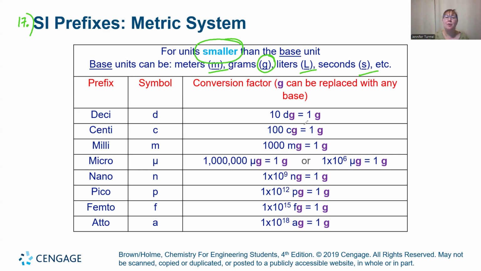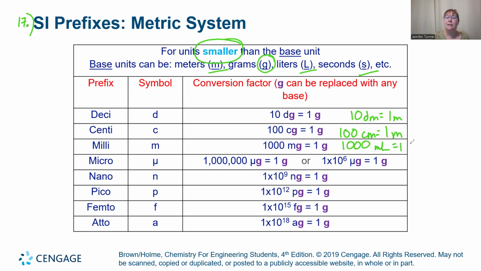So for example, this could be 10 decimeters in 1 meter, or 100 centimeters in 1 meter. Instead of milligrams in 1 gram, this could be